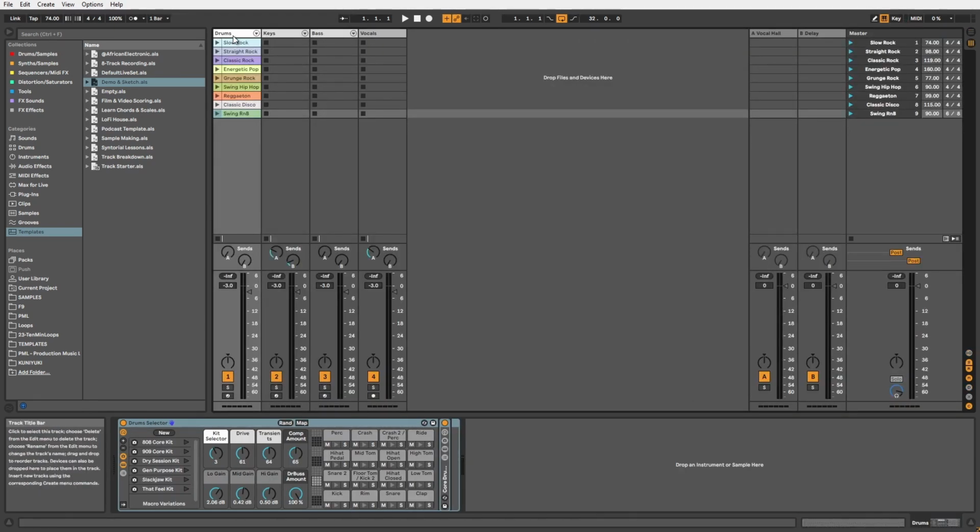The tracks in Ableton Live host clips and manage the flow of signals, be it audio or MIDI. And as I demonstrated earlier, both the arrangement and session views share the same set of tracks, but they display them differently. Clips within a track can play alternatively in the session view, while in the arrangement view, tracks are stacked vertically with time moving from left to right. Let's explore how tracks work. So if I press play,